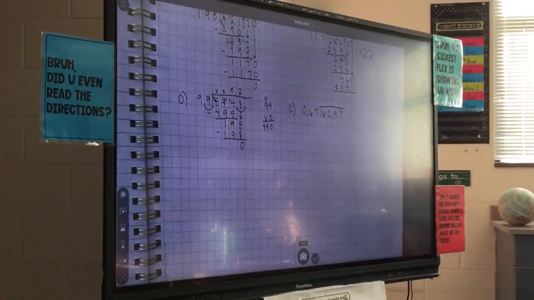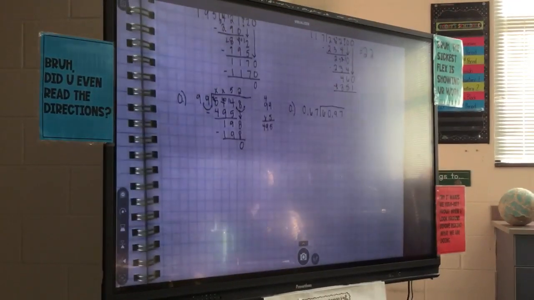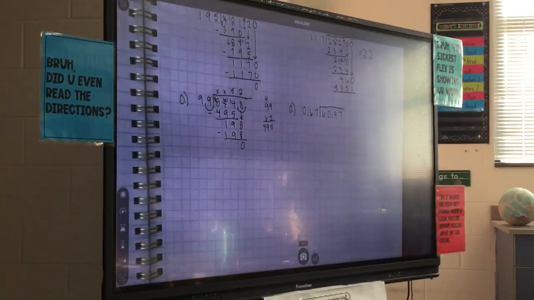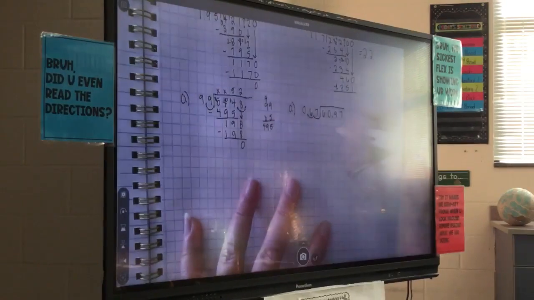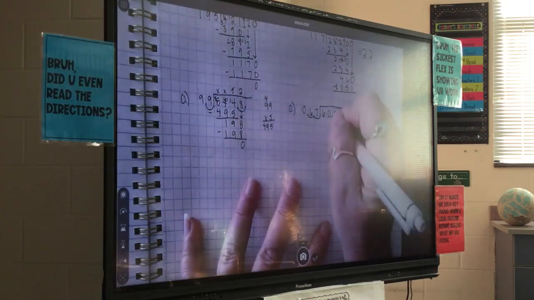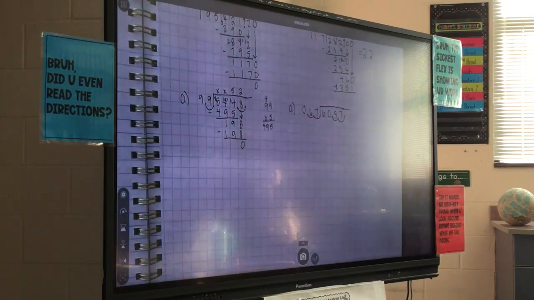Before we start dividing, what do we have to do with our decimal on the outside? Gabriel. Okay, and then what do I have to do with my decimal on the inside? Nope. Yes. So remember, whatever you do on the outside, guys, you have to do on the inside. All right, and then from here,